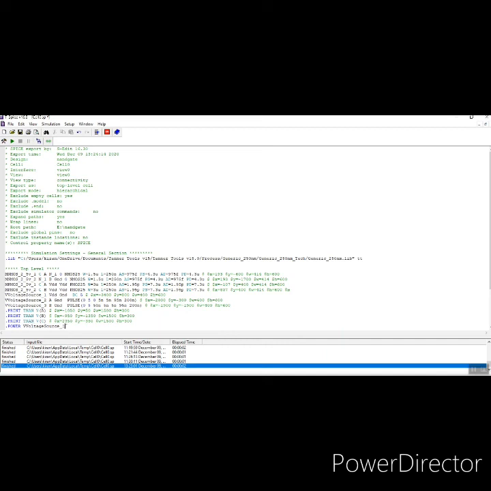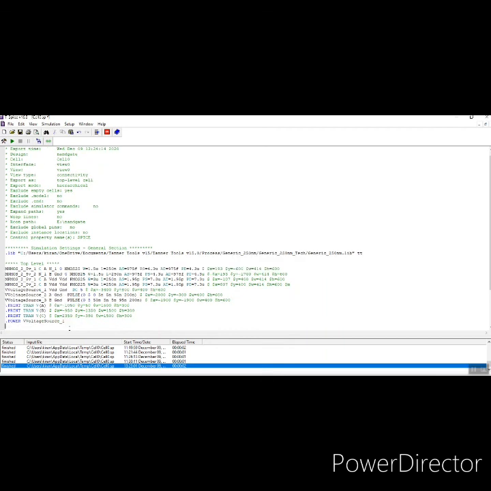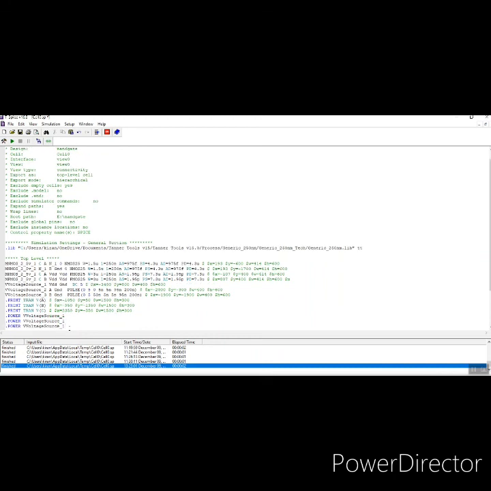Copy this and paste here, because we have 3 voltage sources, 1, 2 and 3. Change it to voltage source 2, and here voltage source 3. Yes, we have finished the coding process.